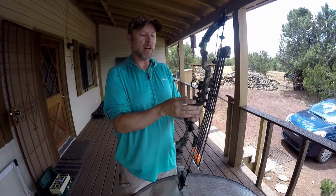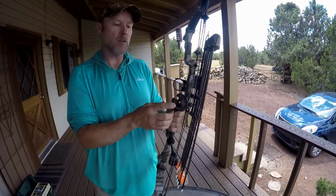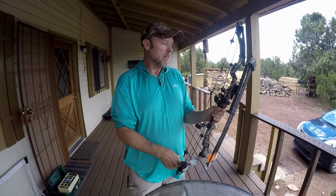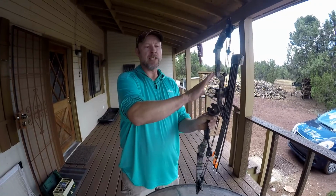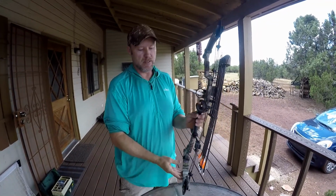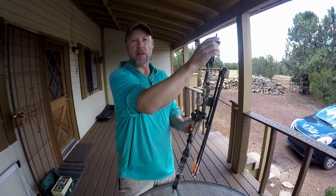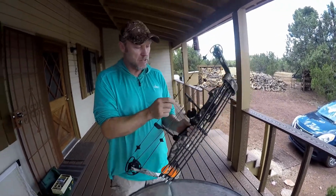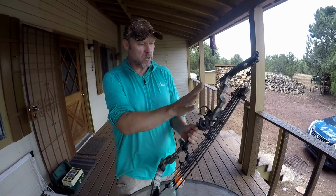There's a few different styles of rest. The one that we kind of like is called a whisker biscuit. But there's lots of rests that are good. And then you have just your main bow frame. They call it the riser, which is this piece, your limbs, and then the wheels here are called your cam. That's what gives you the mechanical advantage for a compound bow. And so once your bow's all set up,